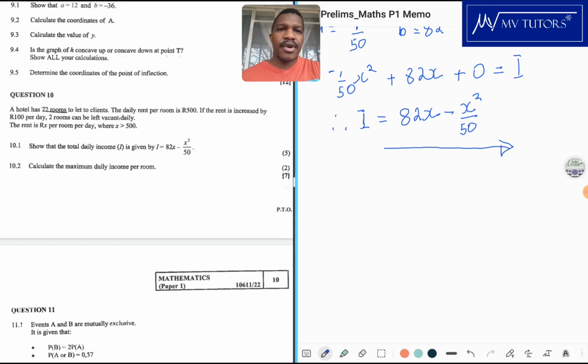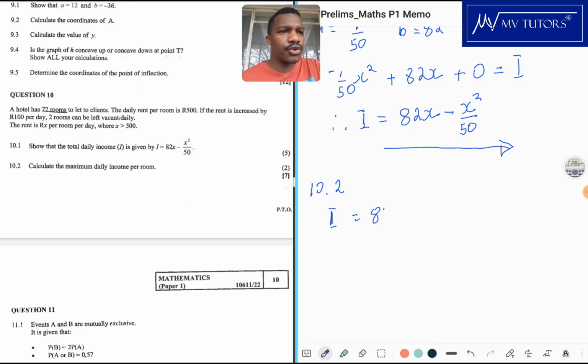Calculate the maximum daily income per room. Okay, so that one, I'm sure all of you were pretty much happy with it, because you just remember whenever we're dealing with maximums or minimums, it's always a case of taking the first derivative of the income. So if we've got the income